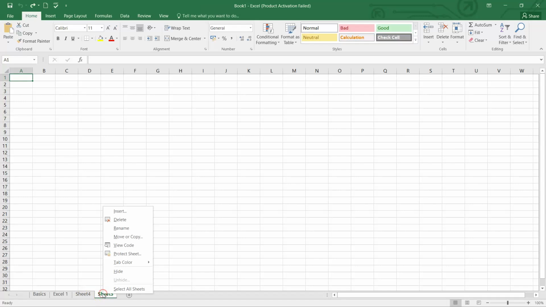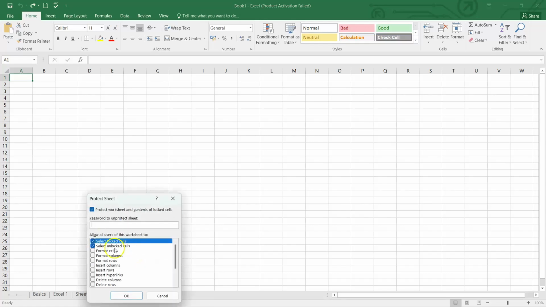Similarly, if I again right click on it, I have the other options. If you are doing coding over here, you can click on view code and it will show you the code. You can protect that sheet as well. If I click on protect sheet, you will have to put a password for any protected sheet. Let's say my password for this sheet is 12345, and you can select what you want to protect: the locked cells, unlocked cells, formats of every cell, or the columns or rows.